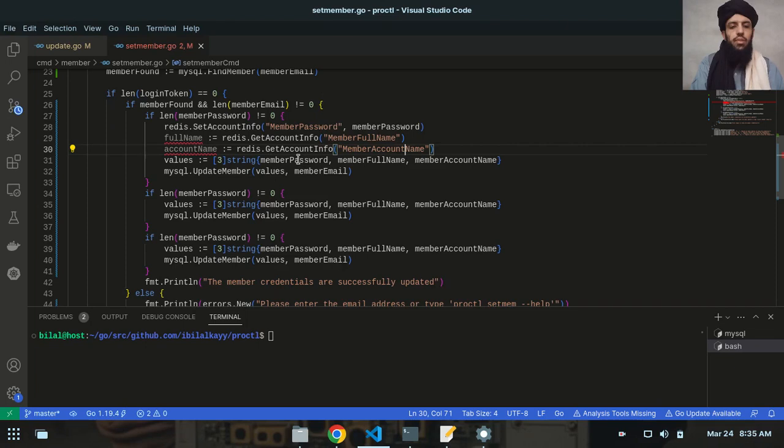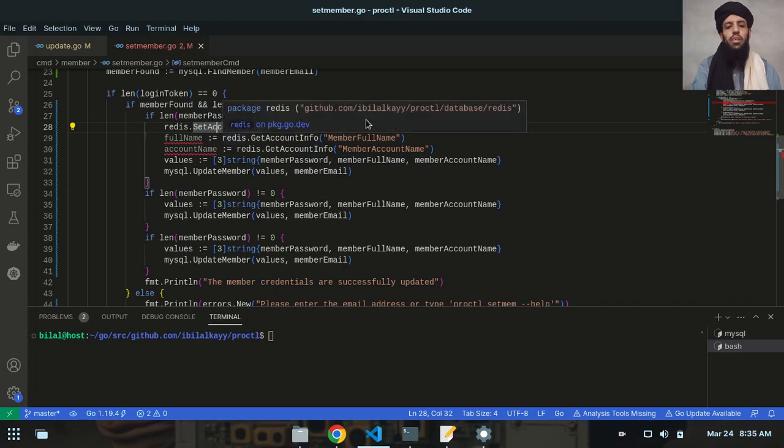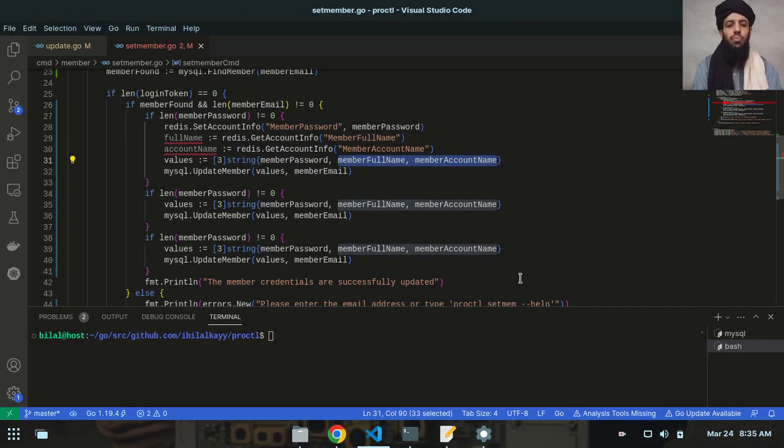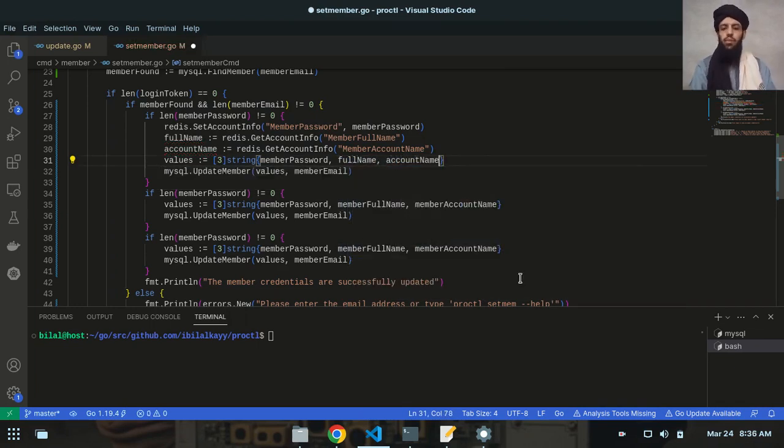All right, so let's leave the password as it is, because the password is going to be updated. So the password will be saved in the Redis database. Once the user wants to insert the password, that password will be saved in the Redis database also, and that password will also be inserted in the MySQL database. After that, let's update these two values, full name and account name. So this full name and account name will be fetched from the Redis database when I set up